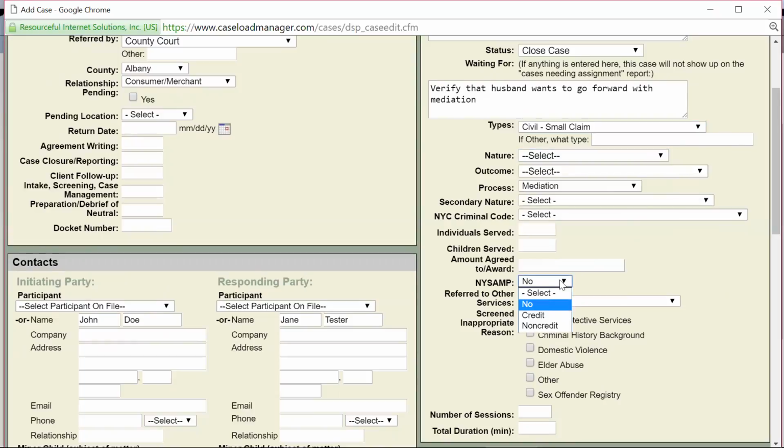And this NISAMP field is where you will indicate whether it's a credit or a non-credit case. So that's the only way we'll know it's a NISAMP case. So especially for Accord, just make sure that you get used to choosing credit or non-credit here. The other change is, and I can talk through some of this